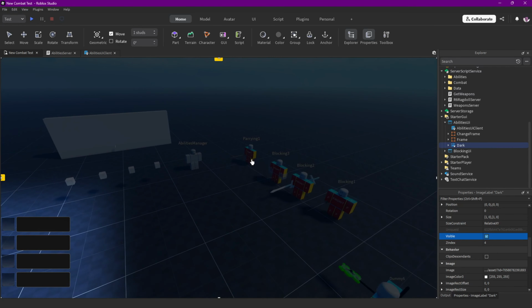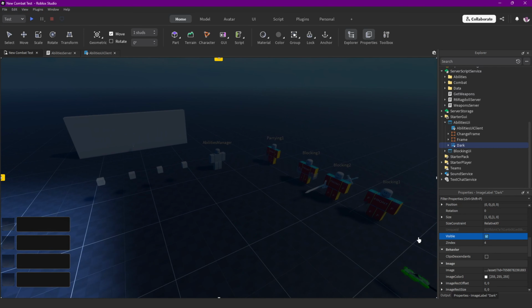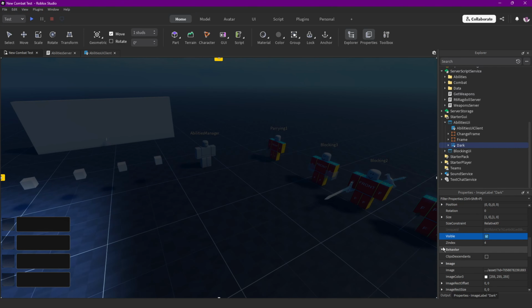But just in case, you can't just use my image because I made this on my own, and I don't know if Roblox allows sharing images. I have really no idea. But yeah,